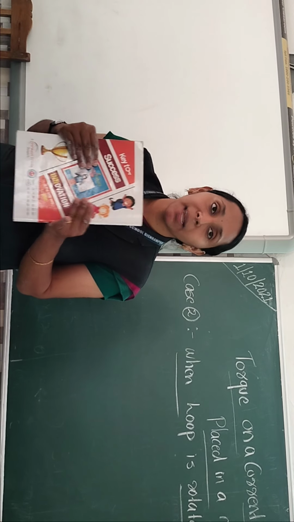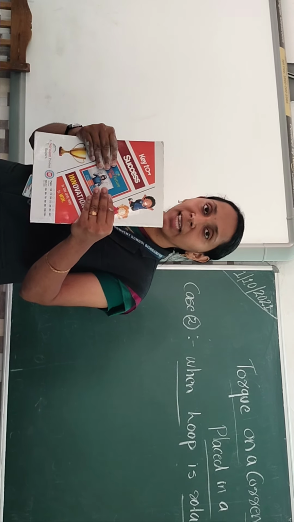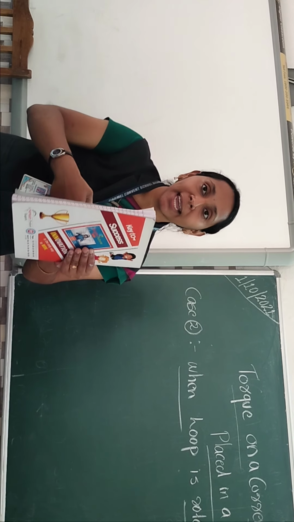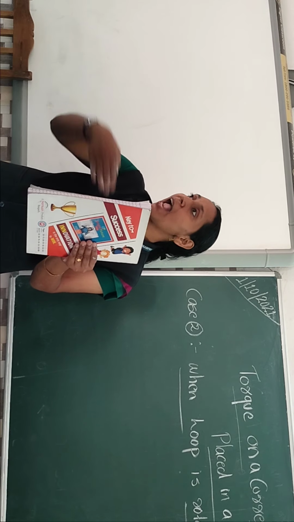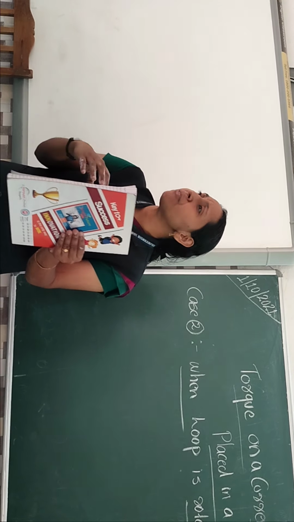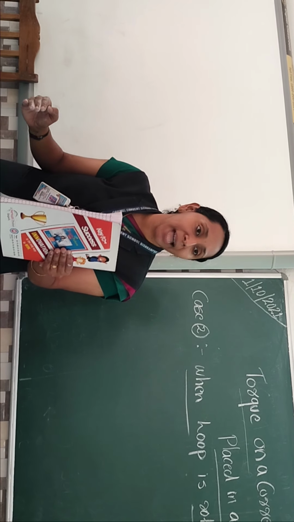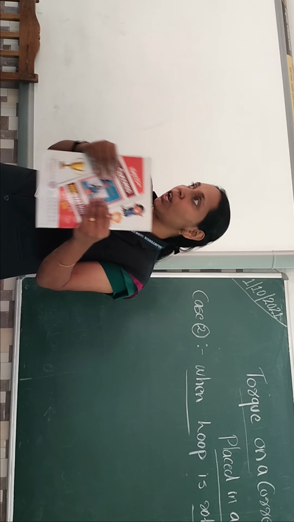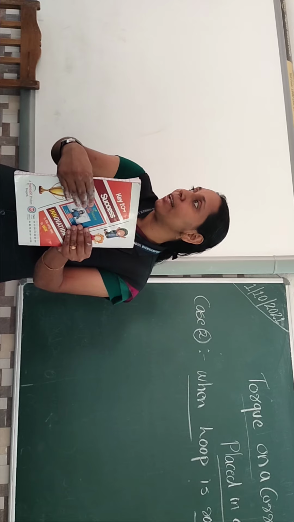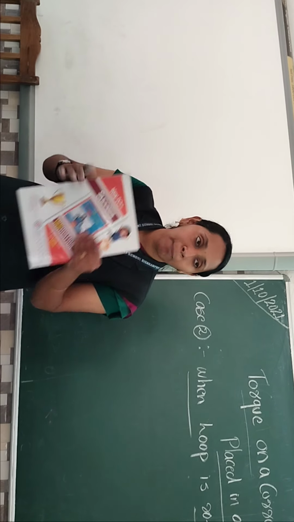Now we have to study case number 2: this rectangular loop is changed like that. Now an angle is made with the magnetic field and magnetic dipole. Clear everyone? This is the magnetic field. The magnetic field is almost in the same direction. Our rectangular loop slides like that, with respect to angle theta. This much clear everyone? You are seeing, right?